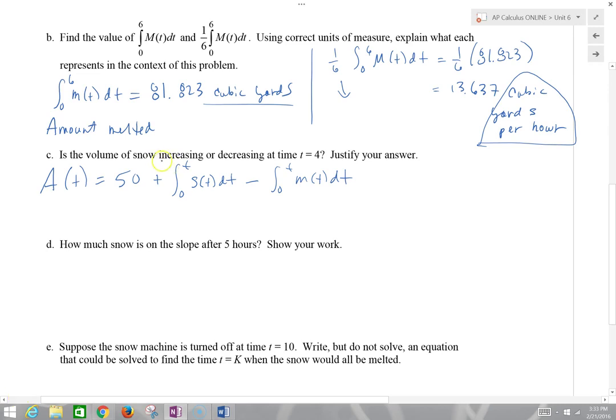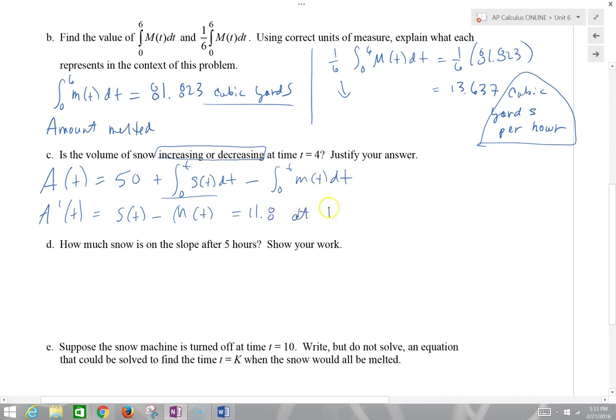And since we're looking for a rate, increasing or decreasing, we're going to take the derivative of the amount of snow at any given time t. Derivative of 50 is 0. The derivative of this is just s of t minus m of t, and that gives us